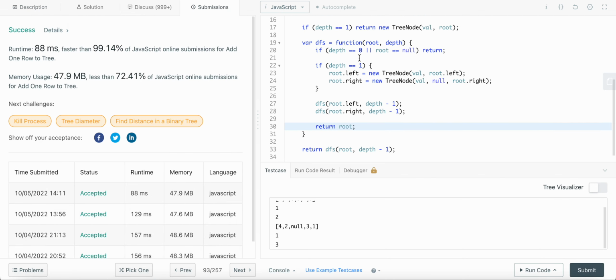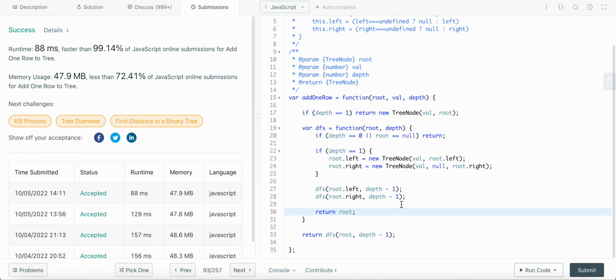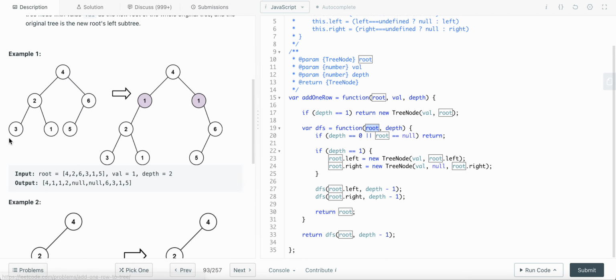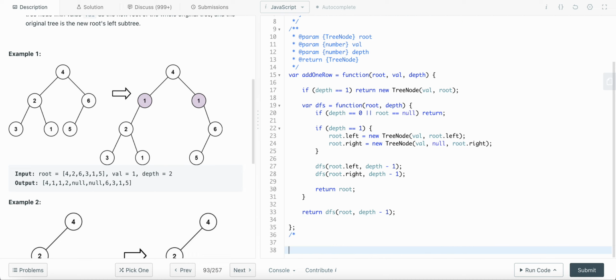Talking about the time complexity here, since this is a recursive function and we are calling it for each of our roots, and if the depth is at the very end, we are actually going through all the root nodes, so it's O of n. So the time complexity is O of n and space complexity is